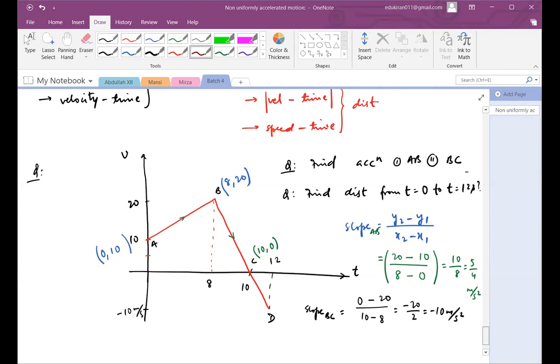The next part, for calculation of distance from 0 seconds to 12 seconds, you have to take the area under this whole graph. This will be your homework. In the next class,